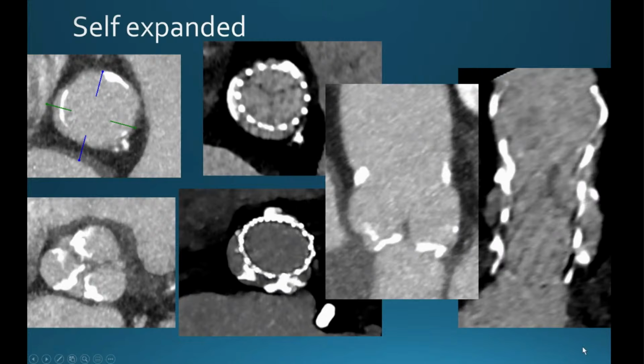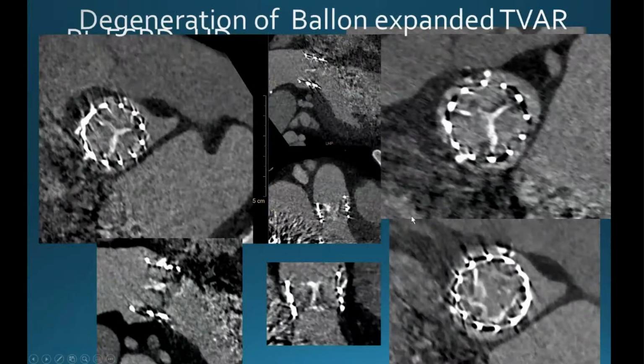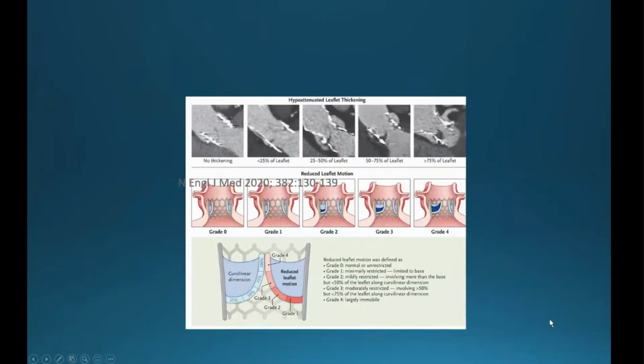As you can see right here, the leaflet is actually supravalvular in relationship to the native aortic annulus, for instance, right here. So what kind of abnormality can this transcatheter valve have? Just like any bioprosthetic valve, they could have degeneration, as you can see right here, severe calcification, thickening, maybe some clot. But the most commonly commented and well-known entity, which we're still studying a lot, is what we call hypoattenuated